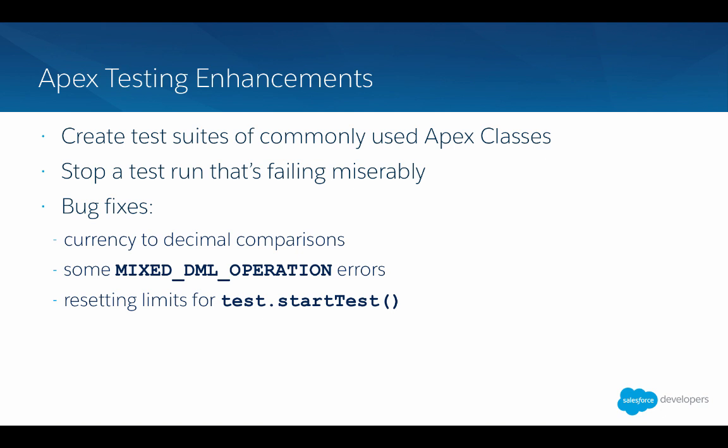Also, when writing test classes prior to this release, the Test.startTest and Test.stopTest should reliably receive their own block of governor limits and then reset all of those limits to 0 after the stopTest. But in some cases, you might still run into the limits afterwards. But now this will definitely reliably receive its own block, and all per transaction limits will be reset to 0 once the test has been stopped.